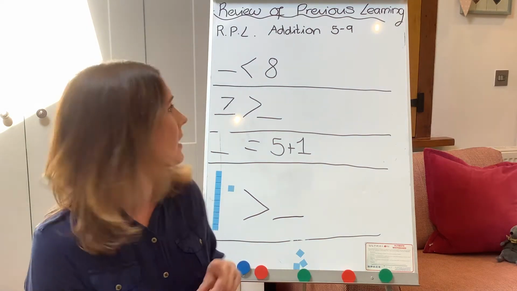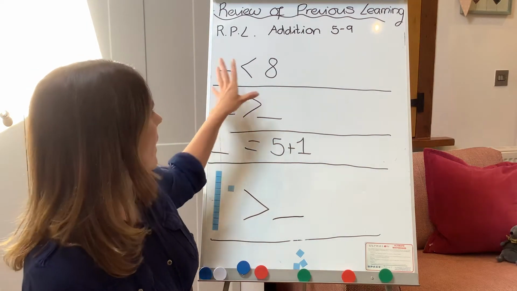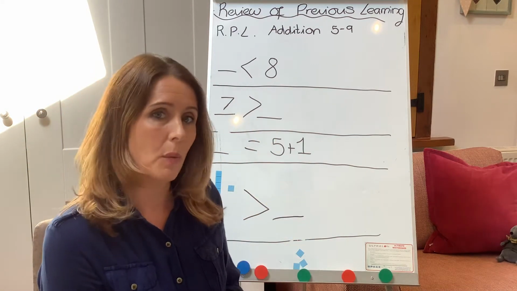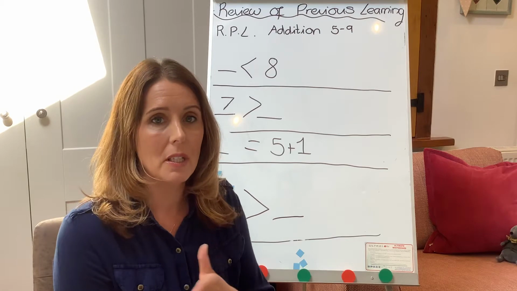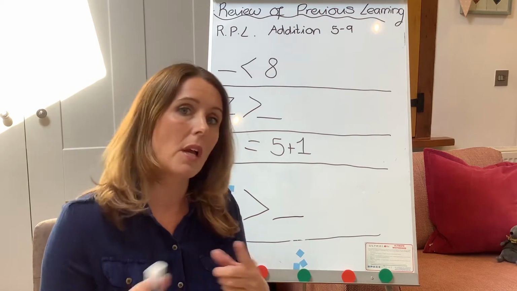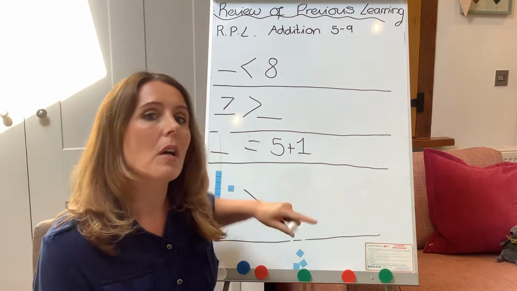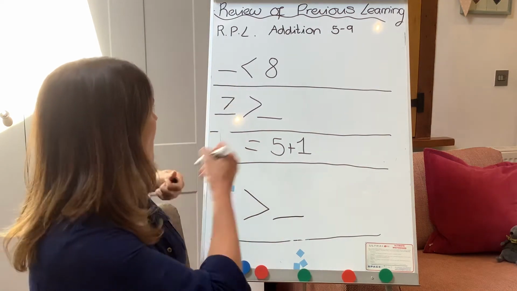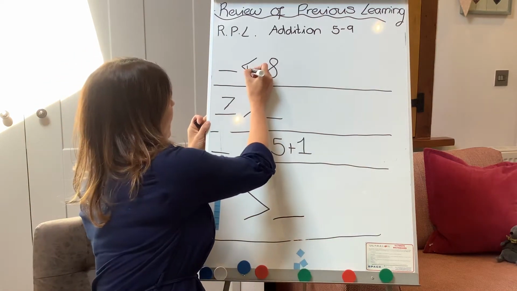So one of the first things that we looked at was in the place value session, place value 1 and place value 2, which are definitely needed before you do these additions. So if you haven't done those, go back and do them. So we have got these inequality symbols. This one, and a way of remembering them is to put the little cubes,